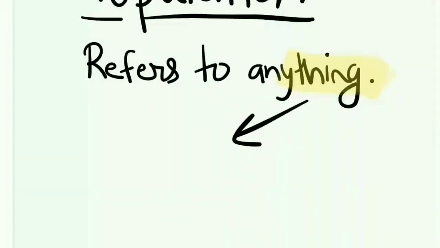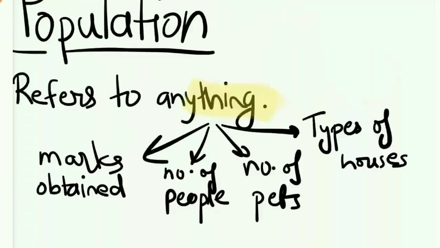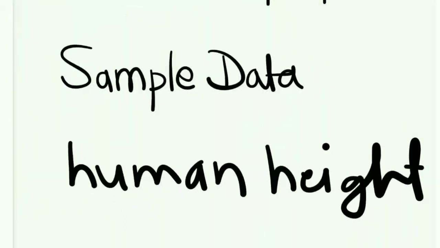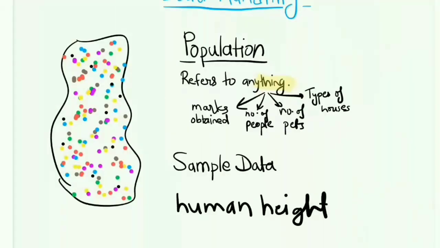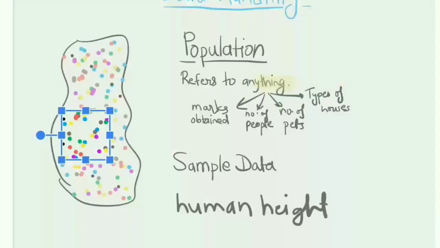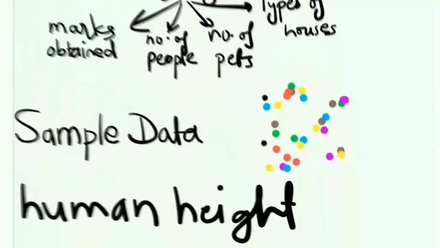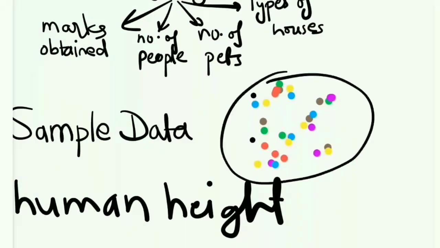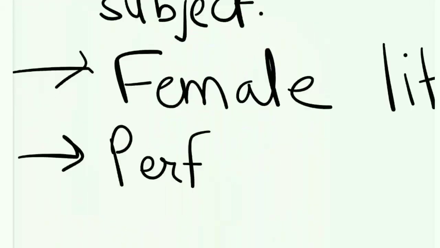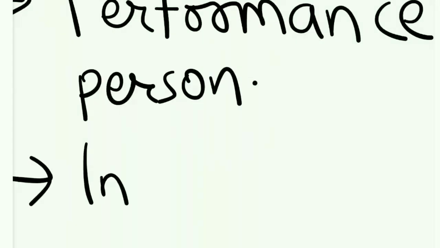It might refer to marks obtained, number of people, number of pets, types of houses, anything that you want to analyze. Here we want to analyze human height. So what do we do? We take out a few sample data from the complete population. Now this is called a sample. And the sports player, increase or decrease of